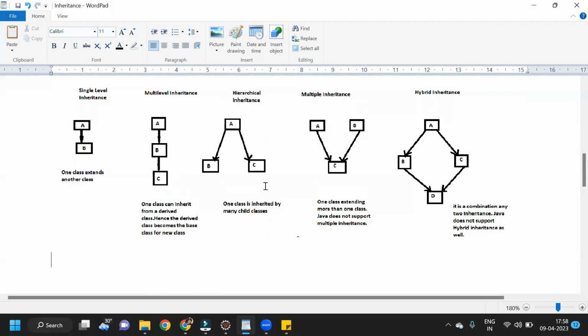hierarchical? What is happening here? One class is inherited by many child classes. Suppose that A is a parent, right? And A has two children, B and C. B and C are children of A. A is a parent and B and C both are children. So what happened here? B can also acquire all the properties and behavior of their parent, and C can also acquire all the properties and behavior of